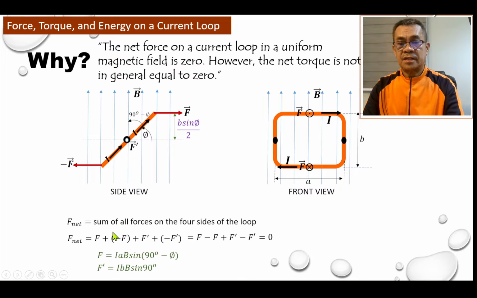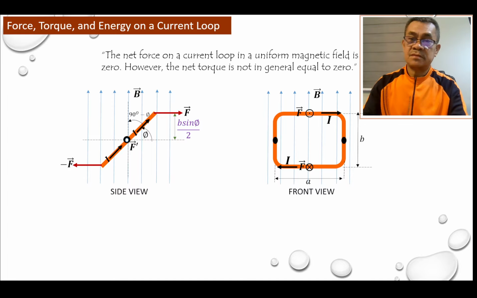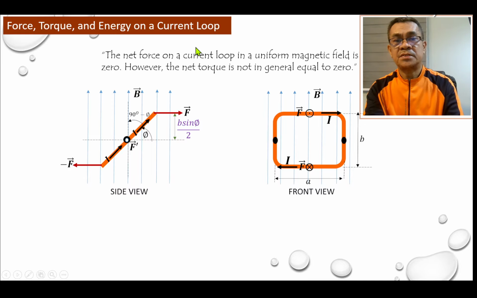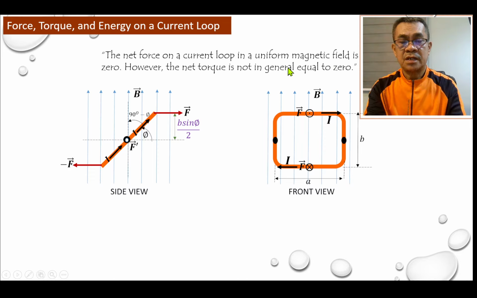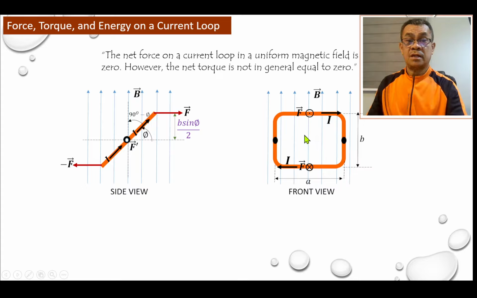Okay, so therefore, again, this is 0. So this confirms that the net force with the current flowing is always equal to 0, regardless of the shape. It is true for a circle, then a triangle. So for any loop conductor, the net force is equal to 0. Each segment provides a force, so there must be some points where the system might be rotating.